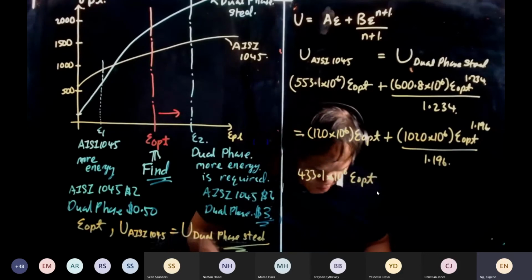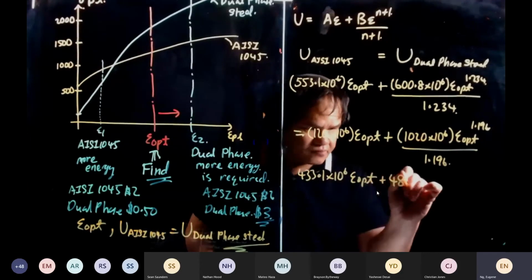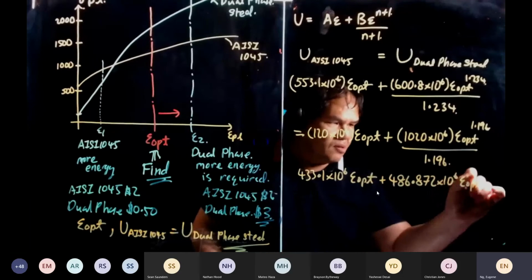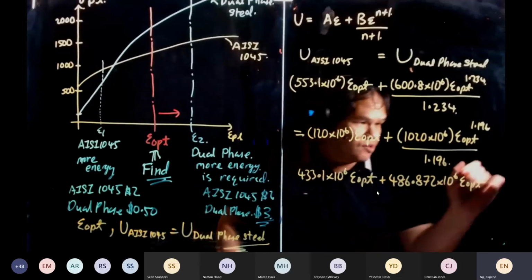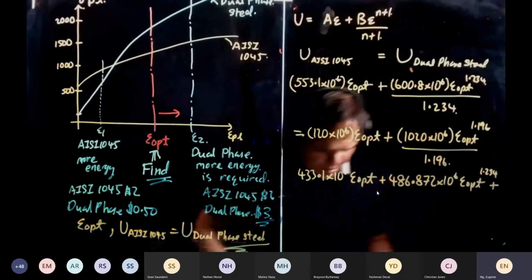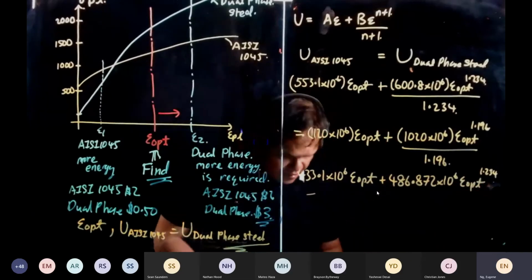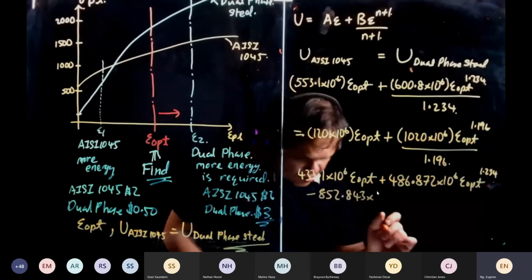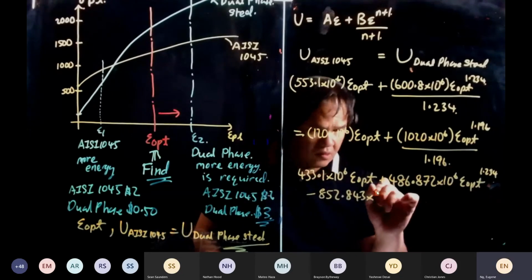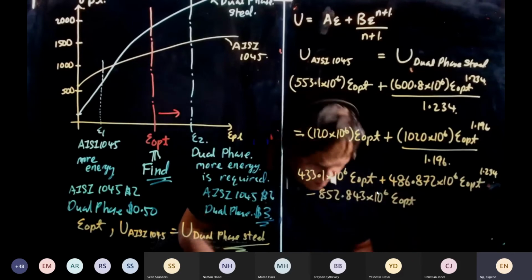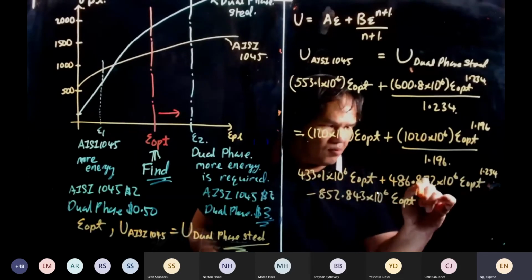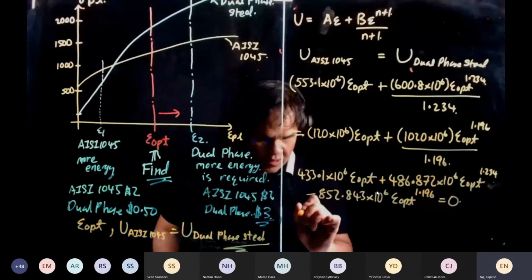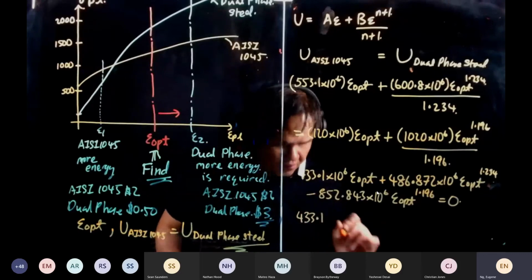And then you have 486.872 times 10 to the power 6 epsilon optimum, and then the whole thing is powered by 1.234, and then minus 852.843 times 10 to the power 6 epsilon optimum, and this is equal to power 1.196, and then the whole thing will be equal to 0. So to simplify this equation, you get 433.1, plus